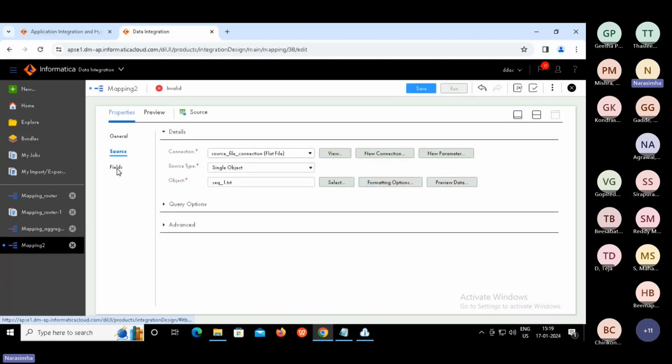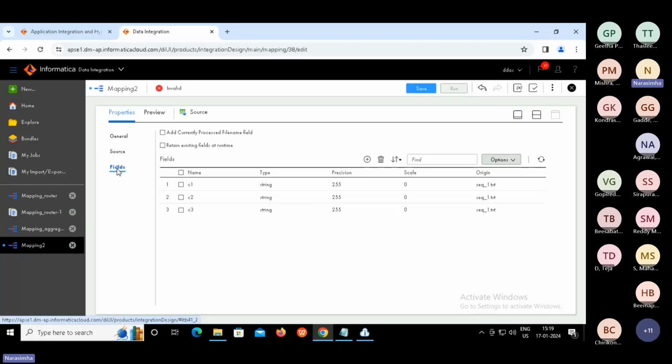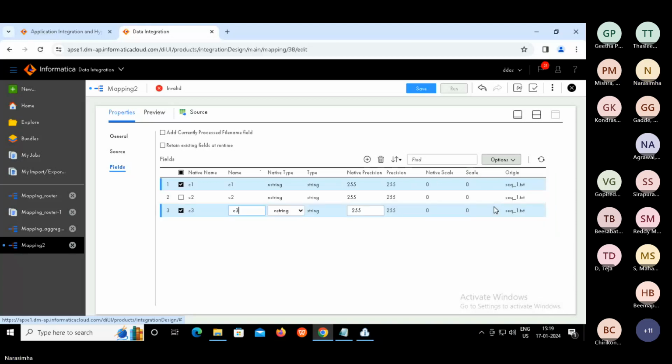Now, see, if you want to perform sum, we expect integers or numeric values, but we got a string. So we need to modify that to integer or some other numeric type. For that, go to options and click on Edit metadata. So now select C1 and type it as an integer.